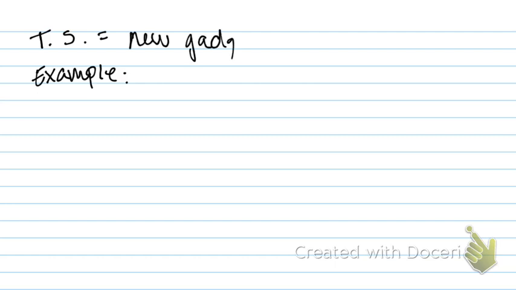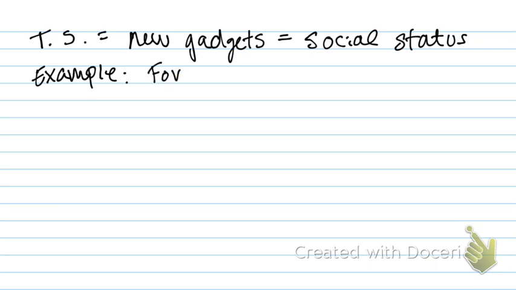All right, so we've got our topic sentence. The next thing that we need to do is give an example of our statement, right? So our statement was that new gadgets equal social status. Well, how do I know, right? How do I know this fact is true? Okay, so you can go very basic. For example,